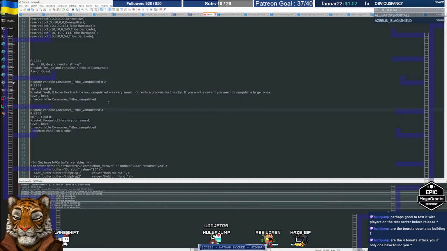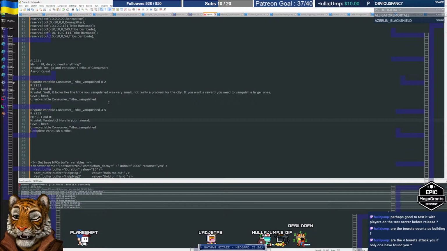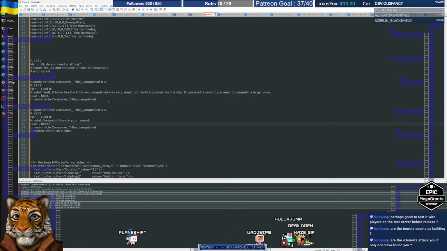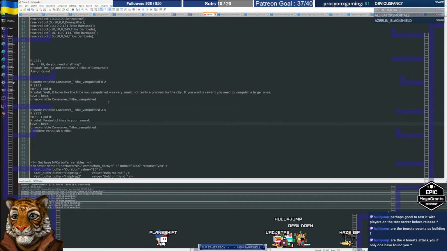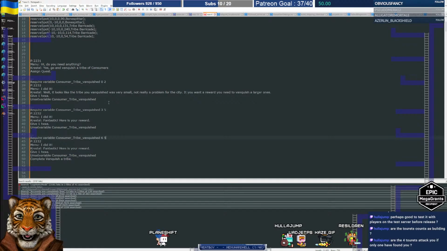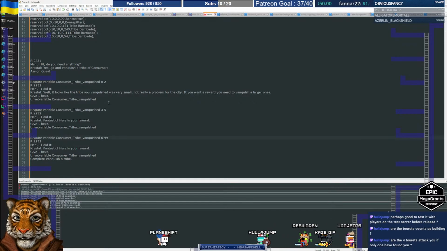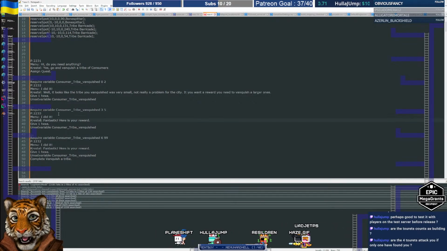So the values between 3 and 5, it will say, fantastic, it is your reward, right? And if it's between 6 and 99, then it will say